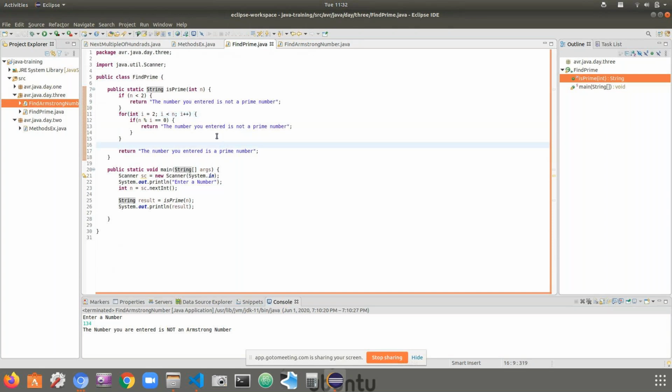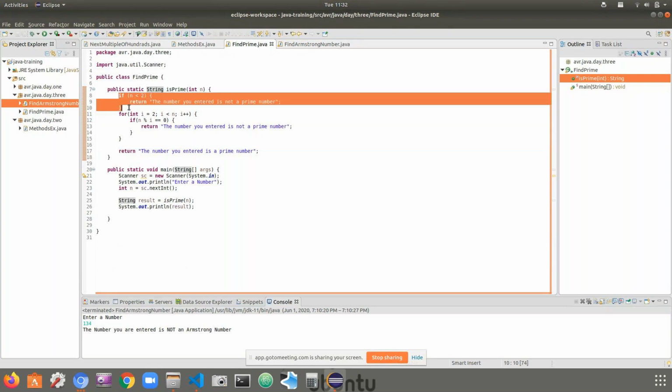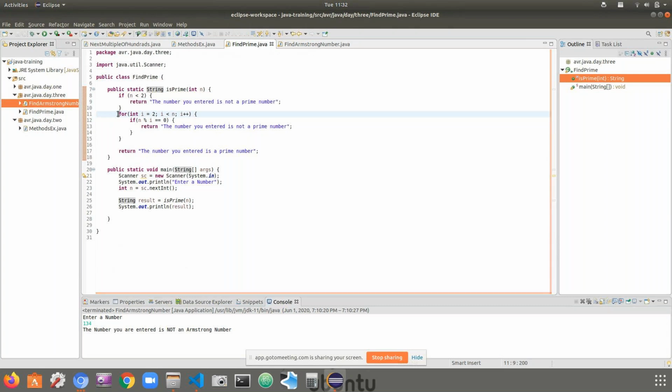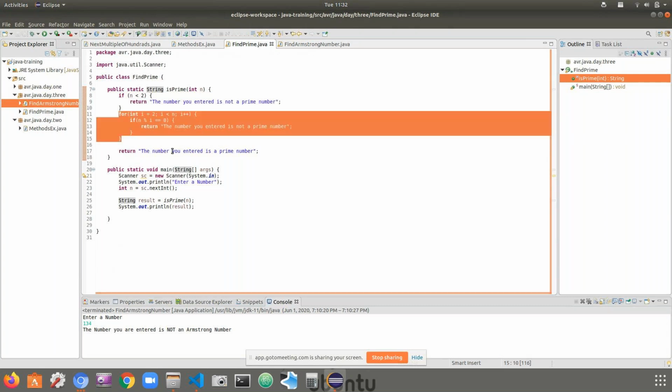You excluded 1 and itself, right? Yes. Numbers like 1, 0 and negatives I catch with this if condition. So you started at 2, with a less-than condition and i plus plus. Then if you find at least one factor, you return the number, and otherwise return that. Yeah, fantastic. This is good.